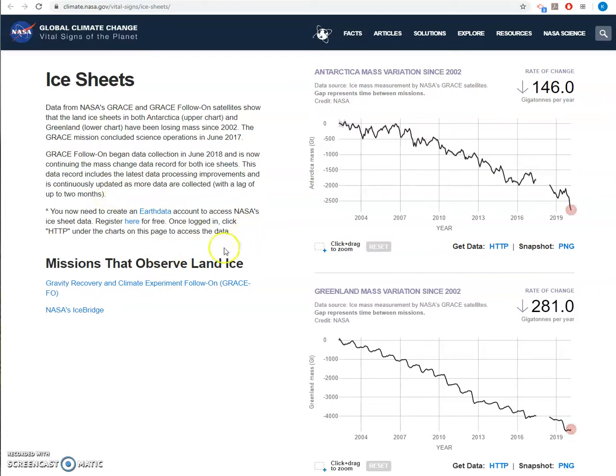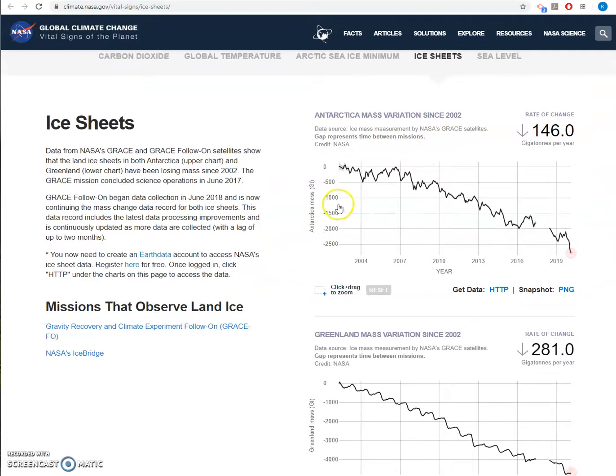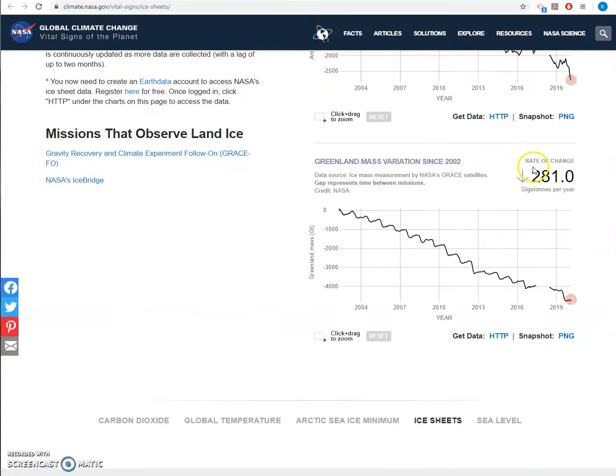So yeah, that's how you can look at those. So let's take a look at what these are showing. So this is showing from 2002, and it's in gigatons, I believe, of Antarctic ice. So that's just basically how heavy the ice is, or how much ice there is by weight. So you can see that zero's at the top of the graph, which really shows that we're losing quite a bit of our ice. So you can see we're going down by about 146 gigatons per year in Antarctica,